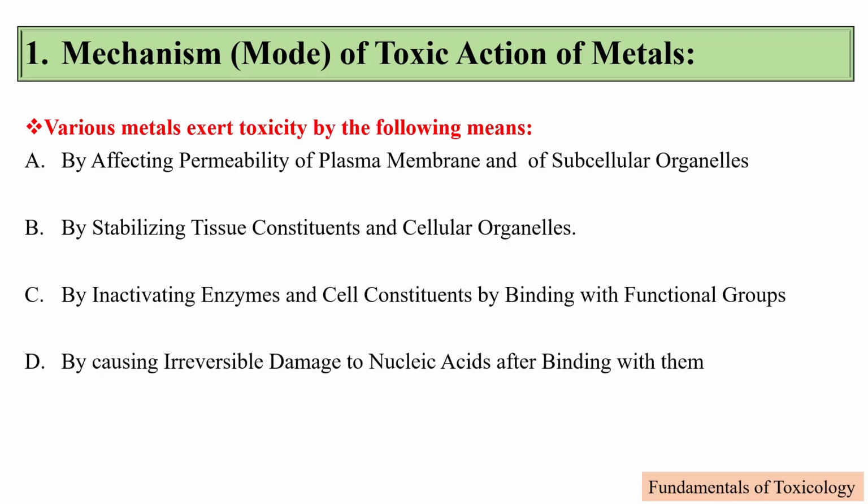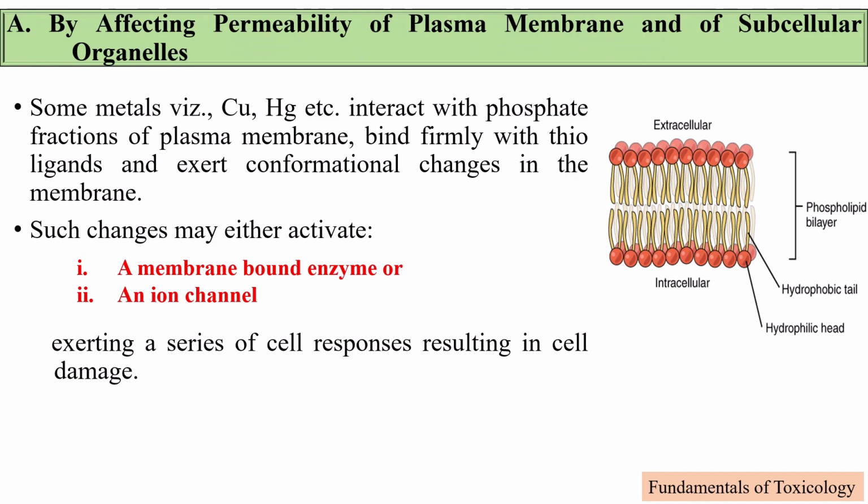Lipid and protein molecules are the chief components of the plasma membrane. Various metals like Cu, As, Mn, Ni, Co and Hg may bind with the phospholipid fraction of the plasma membrane and cause the following effects. Cd and Pb increase ion permeability, Hg blocks glucose transfer into red blood cells.